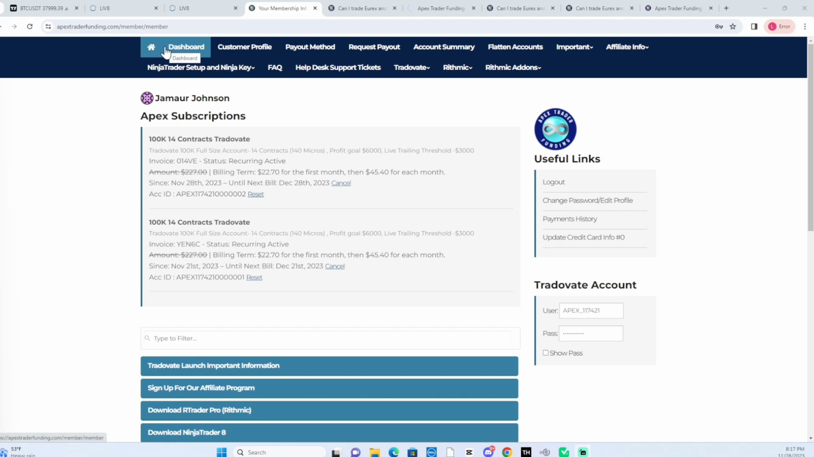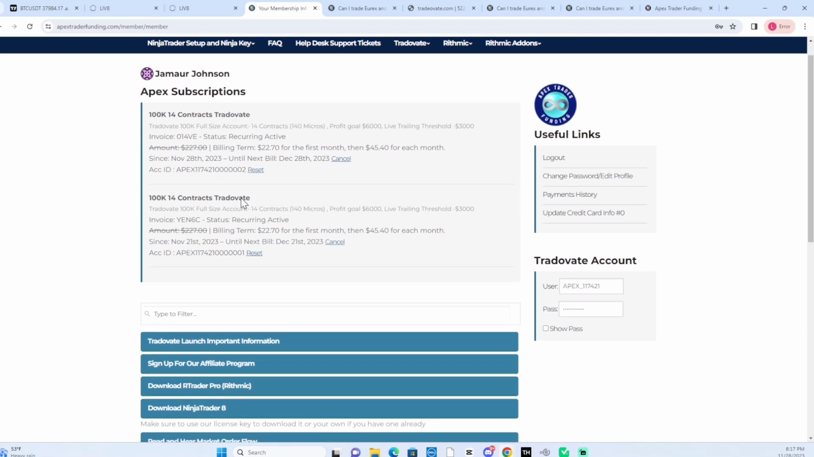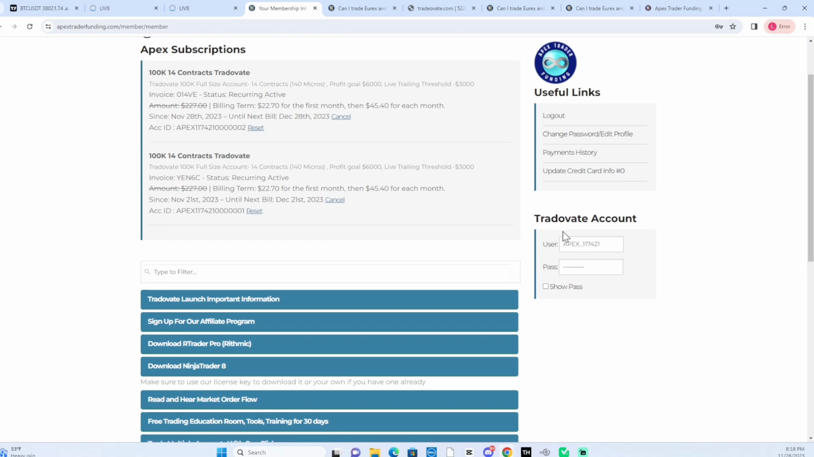So once you've verified your information and you've signed that contract that you got in the email, you can simply, in your dashboard, click on dashboard, and it will take you here. So you will see your account. You can easily reset it here. You can always cancel your accounts if that was your goal as well. But more importantly, the information that you're going to need to use inside TradingView is right here on the right hand side. You'll see Tradovate account, you'll see the username, and then your password, which you'll click show password, and you'll copy that, because that's what you're going to use when you go into